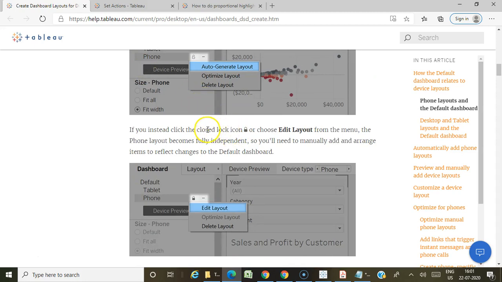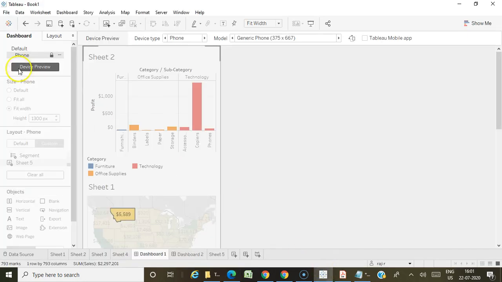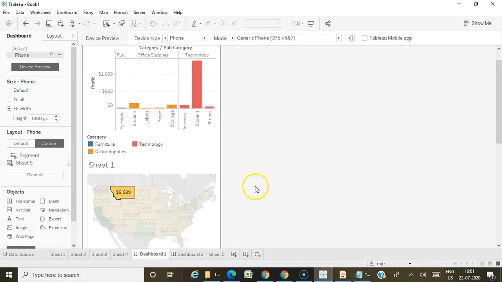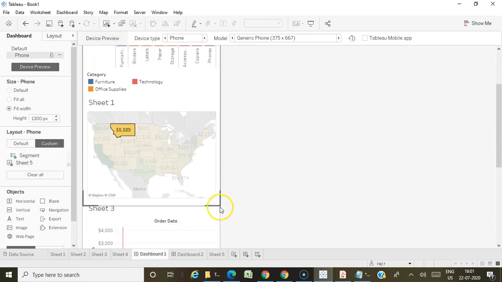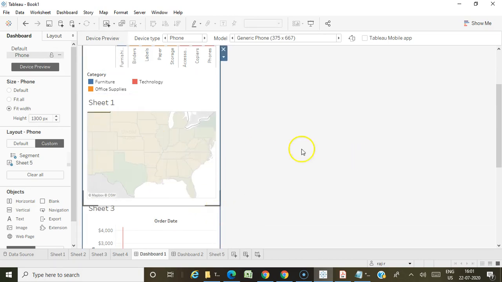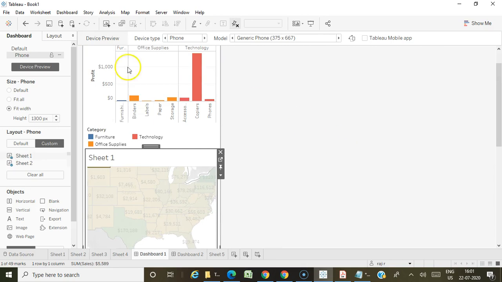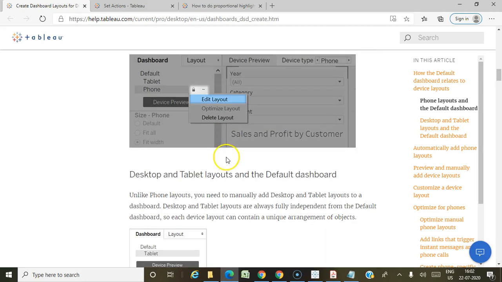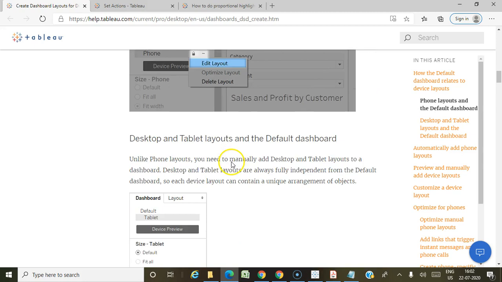You can see here the closed lock icon. So open this icon and then if you want, you can edit the layout to manually add or arrange your objects, or you can optimize or delete the layout.